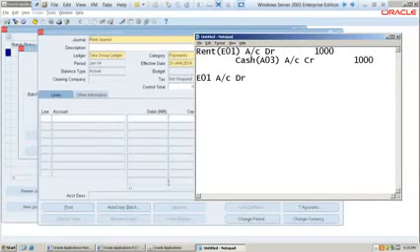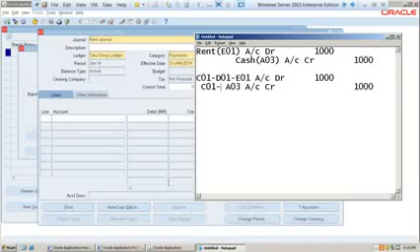Rent account DR, cash account. But who paid rent? Company 1, department 1 paid rent. How did they pay? Company 1, department 1 paid rent by cash.